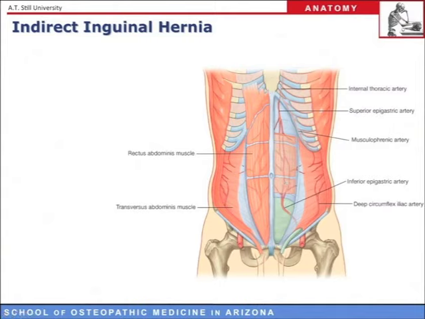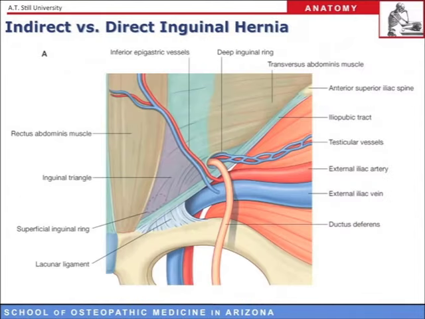Alright, so now let's take another view. This is an anterior view. Next we want to see a view from within the abdominal contents. So now we're inside the abdominal cavity and we're looking anteriorly. And again, we see the inferior epigastric artery and its accompanying vein right there. And if we look just lateral to where these guys branch off of the external iliacs, we're going to see this right here is our deep inguinal ring, which is that defect in the transversalis fascia.